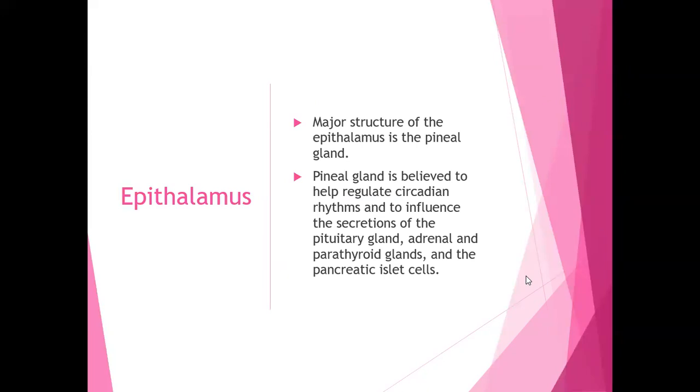The major structure of the epithalamus is the pineal gland. And the pineal gland is the part that is believed to help regulate circadian rhythms. And so it influences the secretions of pituitary, adrenal, parathyroid, and pancreatic islet cells, which are creating insulin and glucagon. So the epithalamus is